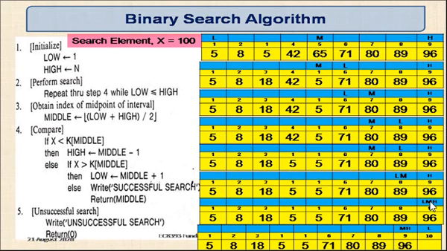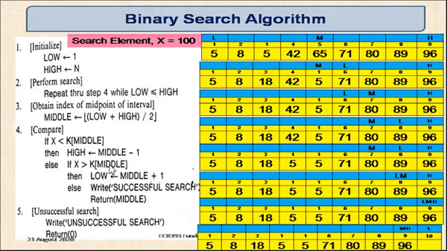And the same process is repeated. Condition is what? L is less than or equal to H. Equal. L and H both are 9. So it satisfies. It finds a new middle value. 9 plus 9 by 2 is 9. So now all the pointers are in the same location. Now it checks whether the value 100 is less than the middle value. Middle value now is 96. The first condition is failing. 100 is less than 96? The condition fails. It goes to the else case.